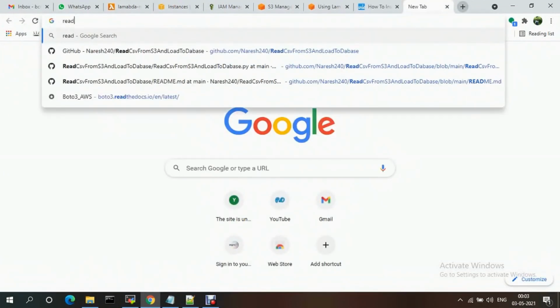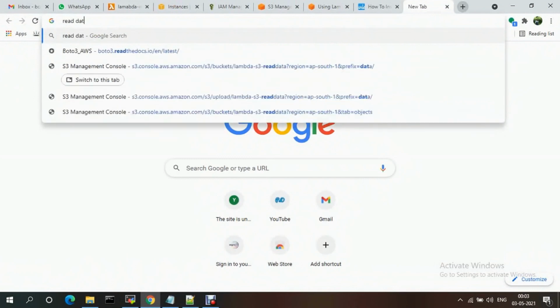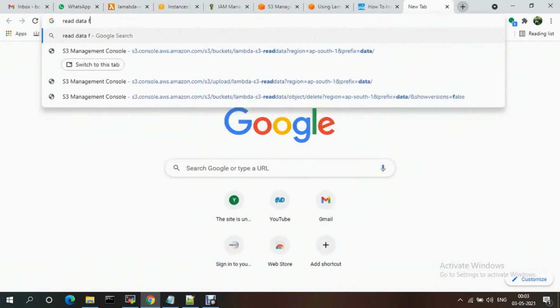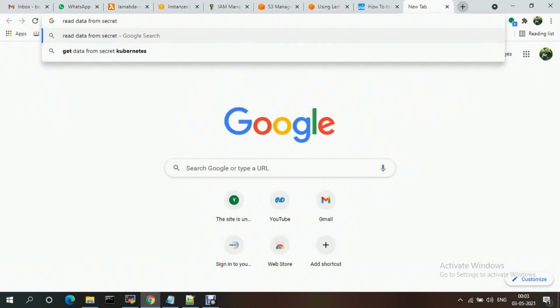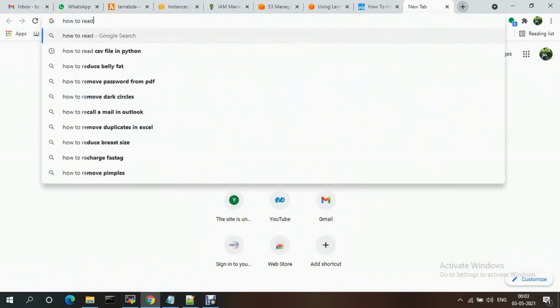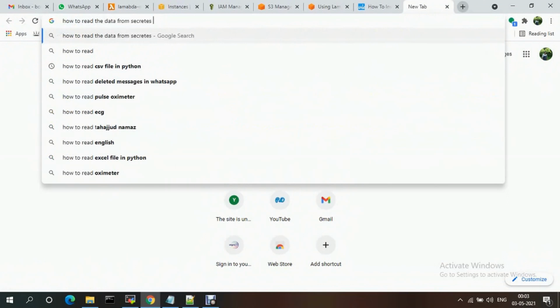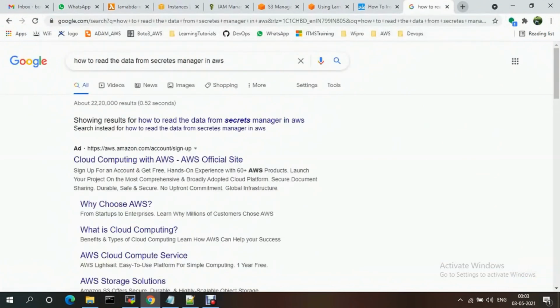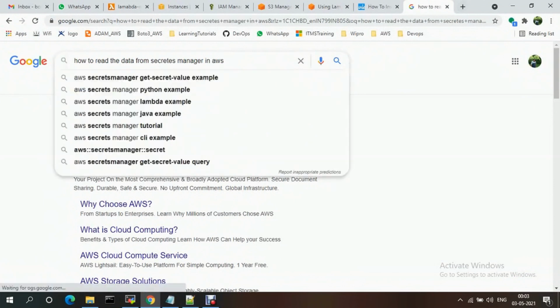So, read data from Secrets Manager. How to read the data from Secrets Manager using